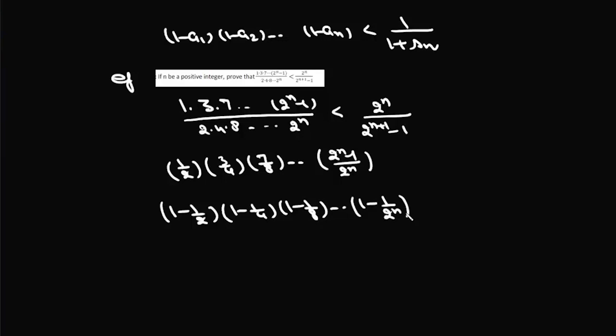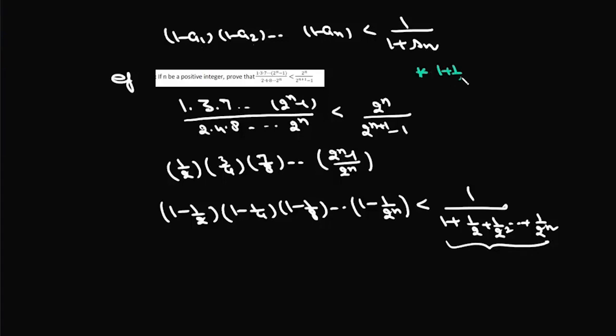and we know that 1 minus a1 into 1 minus a2 up to 1 minus an is always less than 1 upon 1 plus Sn, and Sn is 1 by 2 plus 1 by 2 square up to 1 upon 2 to the power n. Now this is nothing but a GP. So if we write this sum 1 plus 1 by 2 plus 1 by 2 square up to 1 upon 2 to the power n,